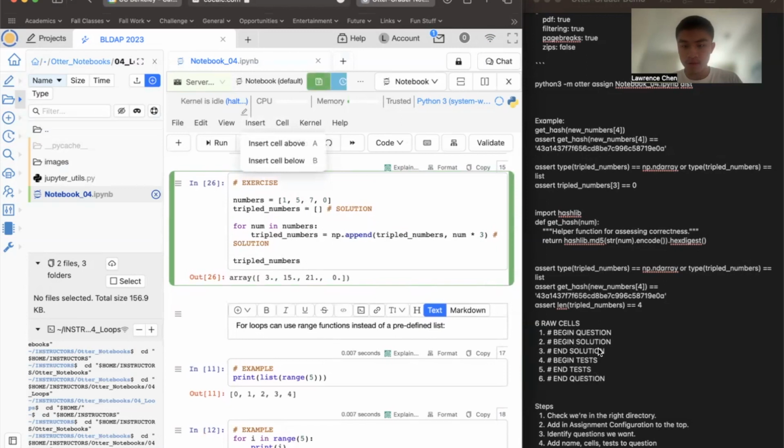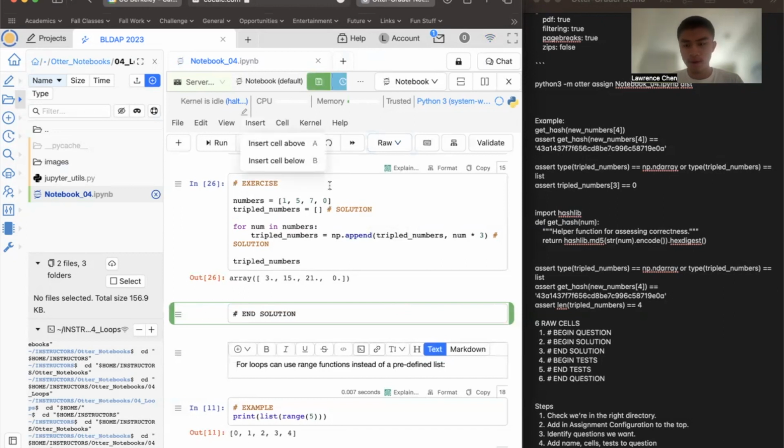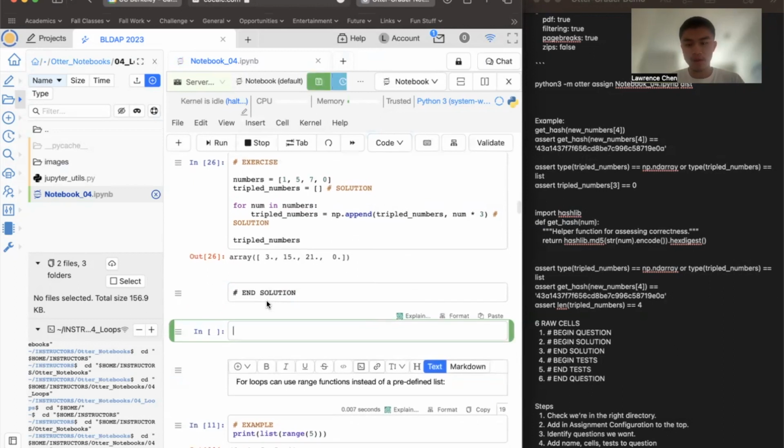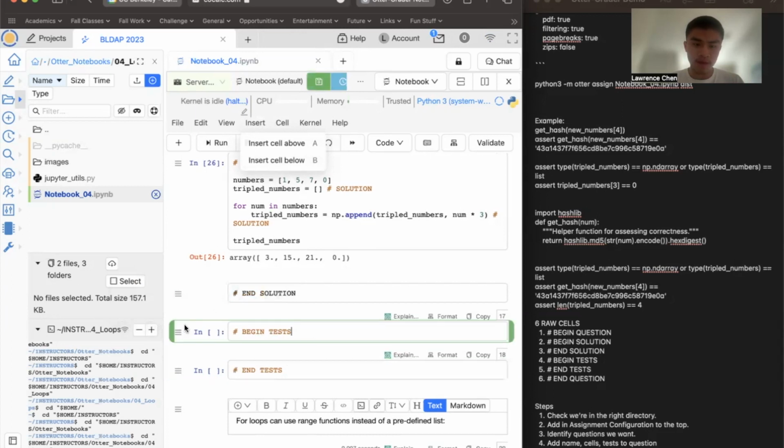Next, our third step is to have an end solution cell. So we'll add that over here as a raw cell. Another big part of this is adding in test cases. These can range in difficulty or complexity, depending on how we want it. So in between the begin tests and end tests cells, I will